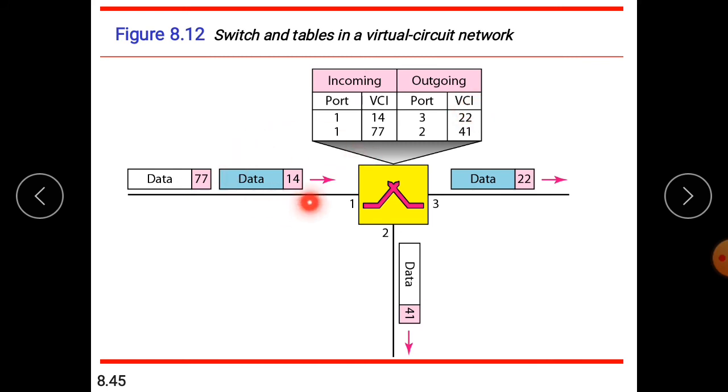That is, you can see for this packet, when it goes out, it will have the virtual circuit identifier 22 and output port number 3. Similarly, for the second frame, its virtual circuit identifier is 77 and incoming port number is 1, outgoing port number is 2 and VCI is 41. This one.